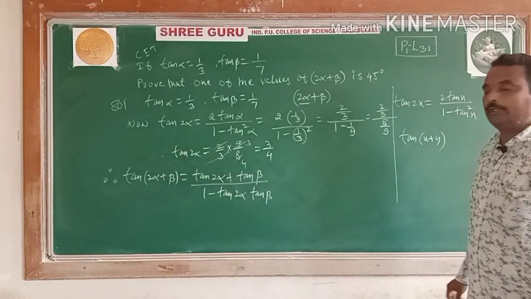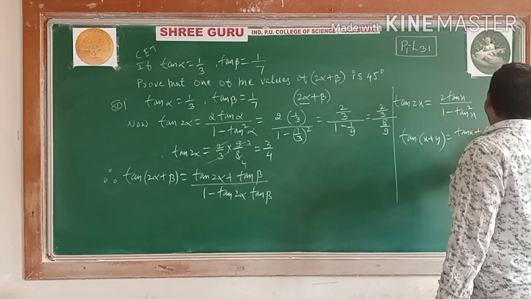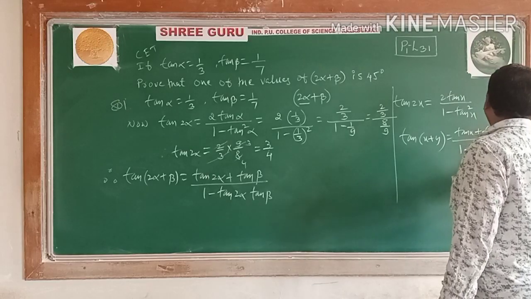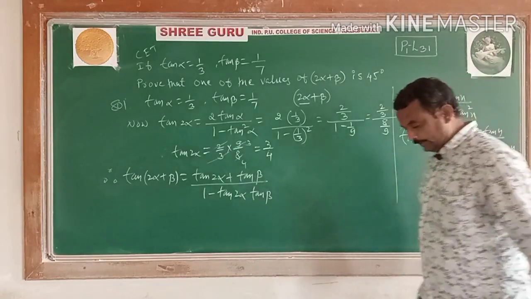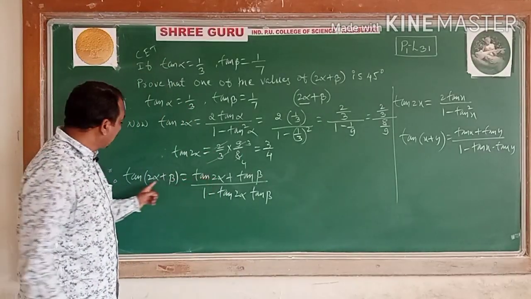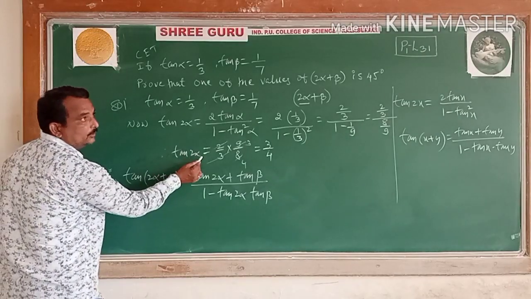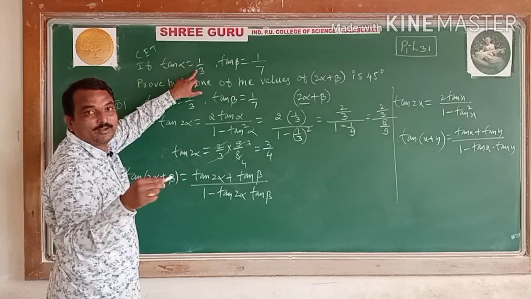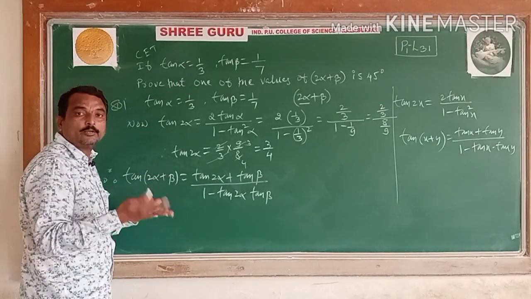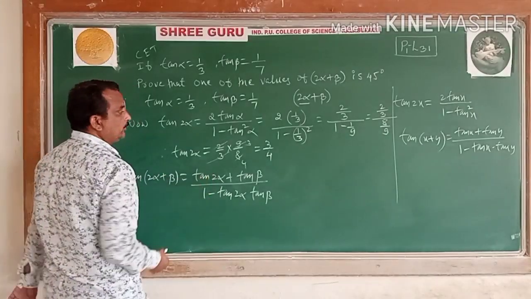As we have proved after the cos of x plus y, this is equal to tan x plus tan y divided by 1 minus tan x into tan y. So this is tan of 2 alpha plus beta. What we have done? We first calculated 2 alpha. It is not possible to take 2 into 1 by 3, not like that. Tan of 2 alpha is different, and tan of 3 alpha is different, according to trigonometry. So tan of 2 alpha plus beta, substitute the values here.